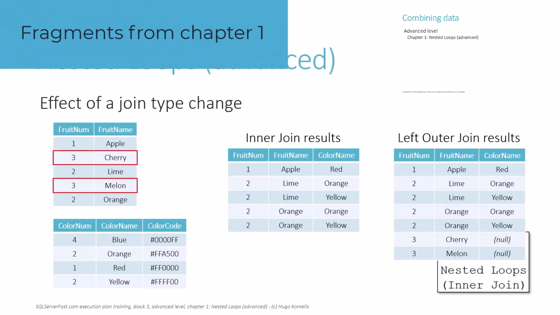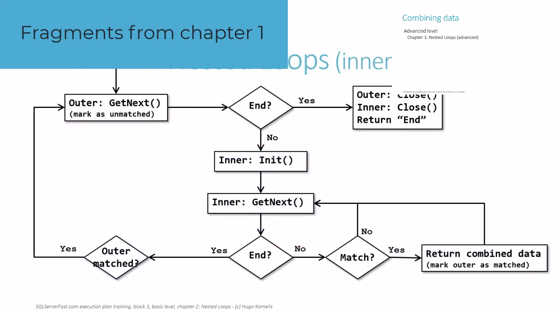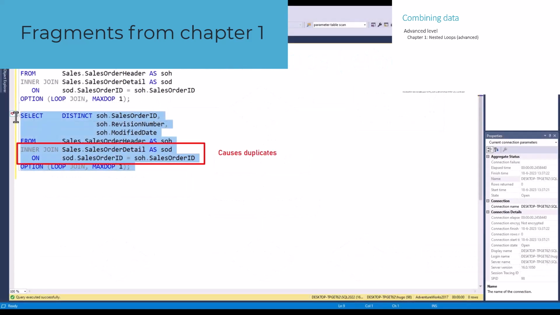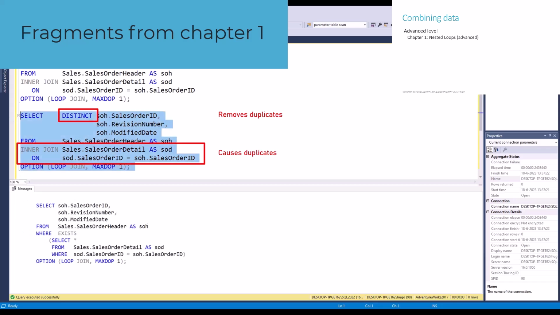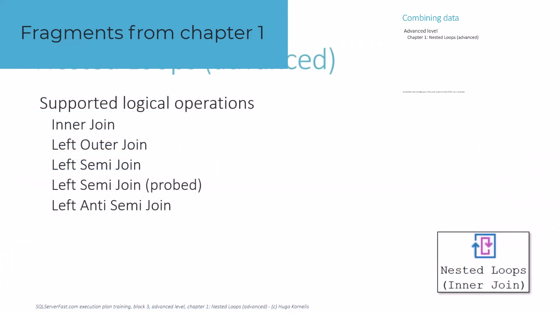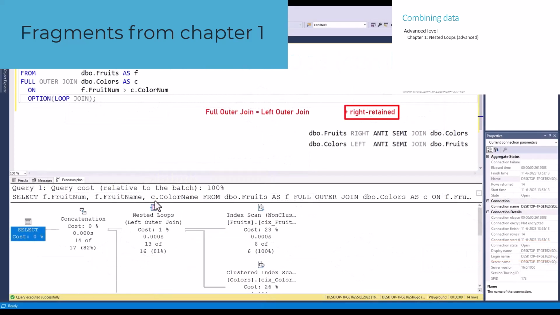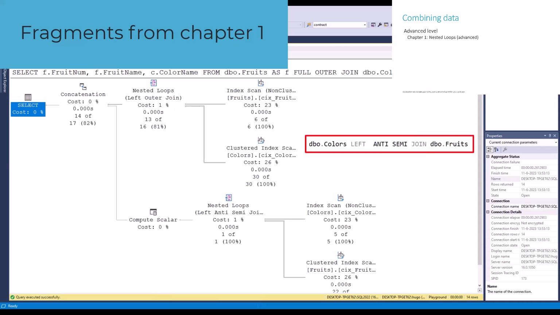In Chapter 1 on nested loops, we look at how the results of a join must change as the join type changes and then adapt the flowchart of the inner join to ensure that those different results are indeed returned. But the actual operator does of course not have separate logic for each join type. So in the end, we combine the flowcharts for each individual join type into a single flowchart for all supported join types. After that, we take a look at how the optimizer works around the limited set of supported join types for the nested loops.